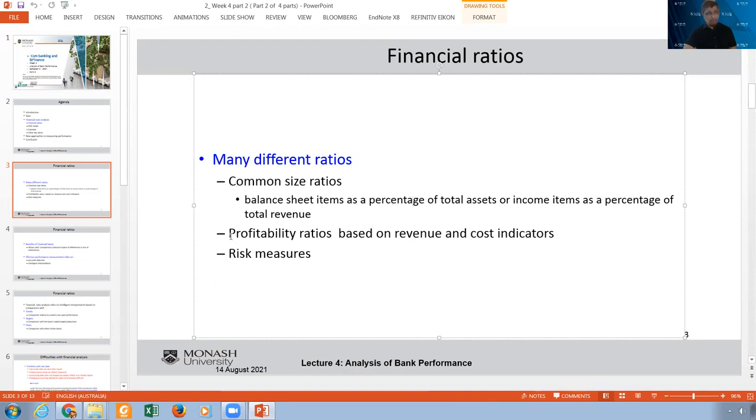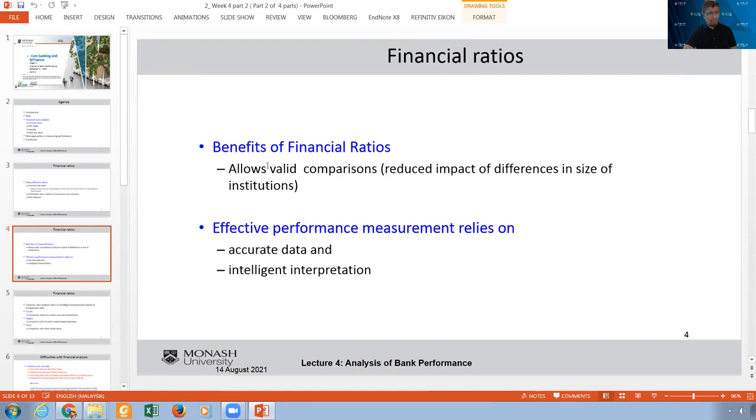Also, we can talk from a different perspective, which is the profitability ratios. Now, profitability ratios are based on revenues and cost indicators. And we can also talk about the risk measures, like when we talk about the measures of liquidity or credit risk and all those types of risk measures, we can have different ratios for that. This is the main classification, but we can go a little bit now and talk about the benefits of financial